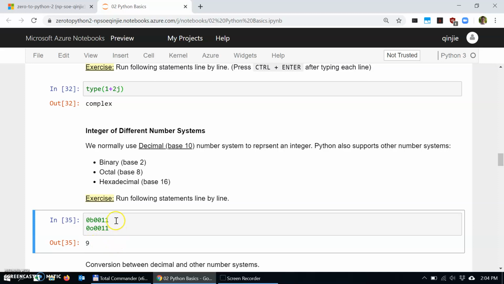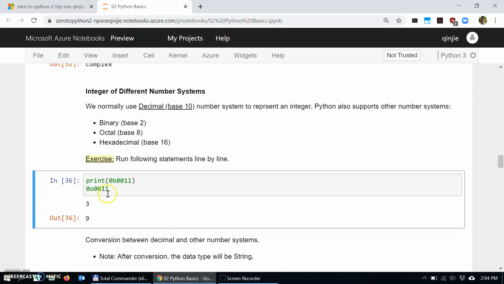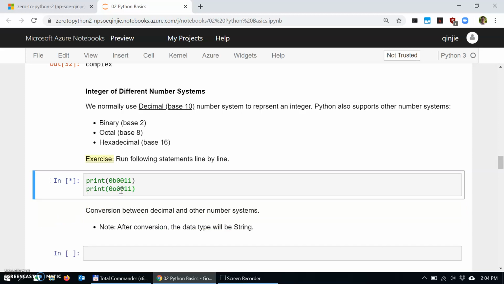You realize that when I do a Ctrl Enter, the output is only showing the last value. This is the behavior of the Jupyter Notebook. When you have multiple statements and you do a Ctrl Enter, only the output from the last statement is going to be shown here. If you would like to show the output of all the previous statements, you can always add in the print statement. So you will print out 3, and this one is the default output from the Jupyter Notebook cell. Of course you can add the print as well,